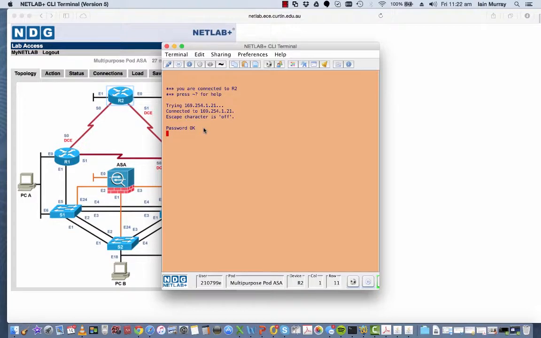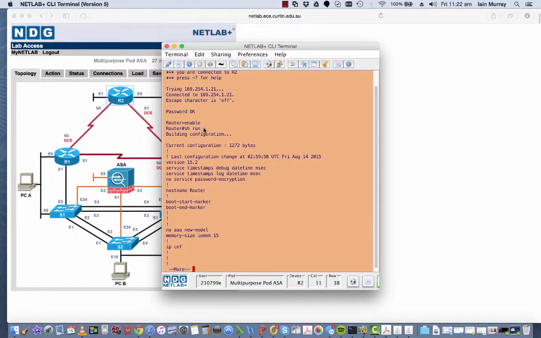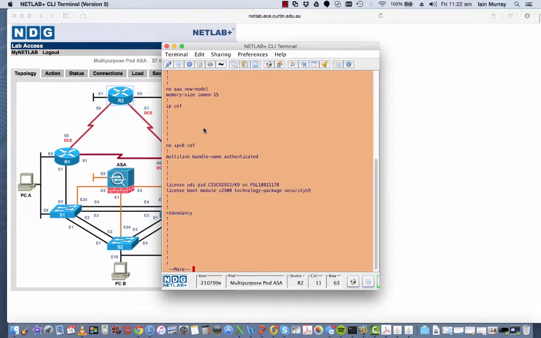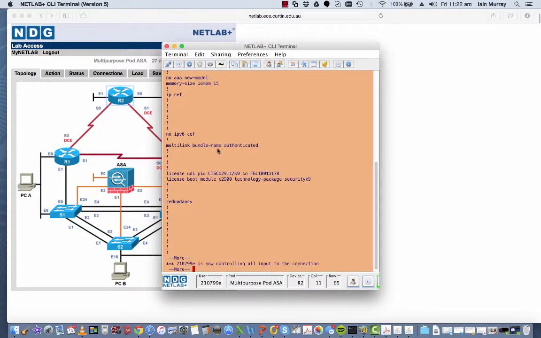We see that we get a standard router interface, and this, as I said, is a real router running with no configuration in it at the moment. Alright, so from here we could actually configure our router, but we can also share or take control from anyone